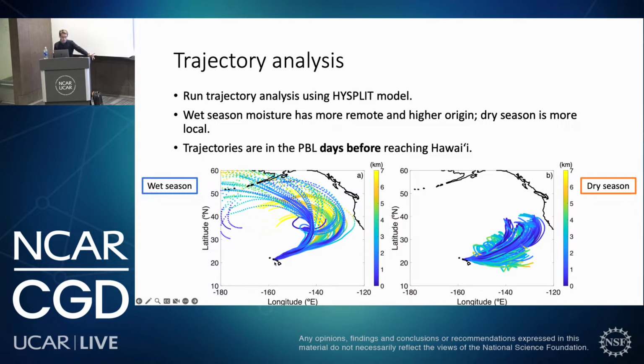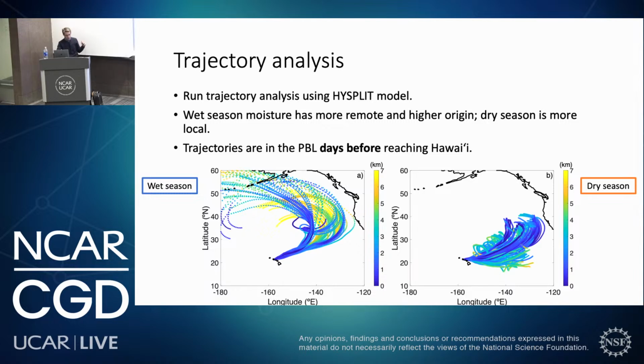And unsurprisingly, given the climatology of Hawaii, during the wet season we have a lot of air parcels coming from really far, sort of from Asia and from high altitudes, whereas in the dry season they tend to be more locally sourced. However, one interesting thing is that if you actually look at how these parcels are traveling, you notice that